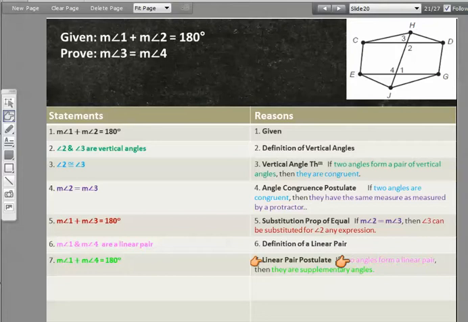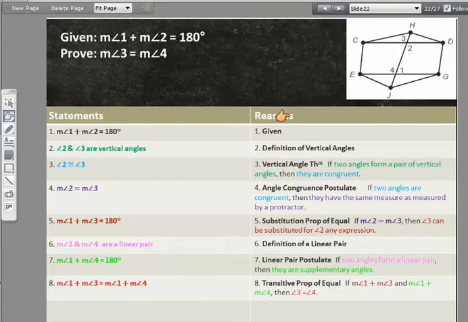And look how I matched my if with my previous statement that they're a linear pair, and my current statement that they're supplementary, to my equation over here saying they equal 180. The next statement says the measure of angle 1 plus the measure of angle 3 is going to equal the measure of angle 1 plus the measure of angle 4. Now on this one, you could have used the substitution property or the transitive property, but I decided to use transitive. Look here how if I put